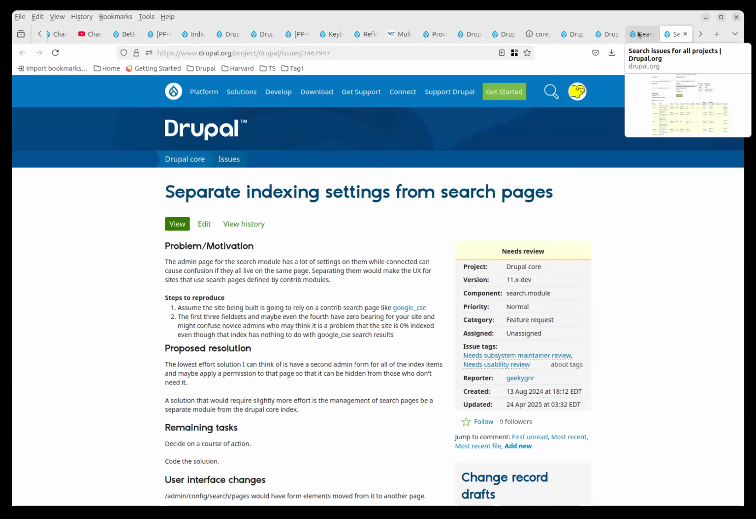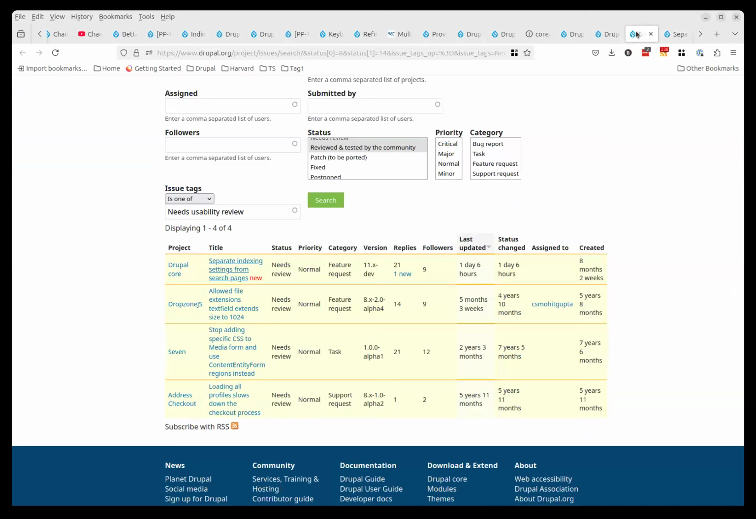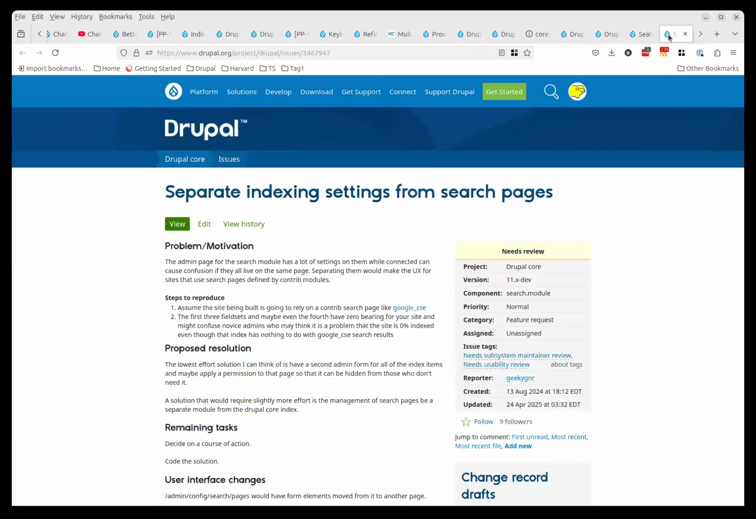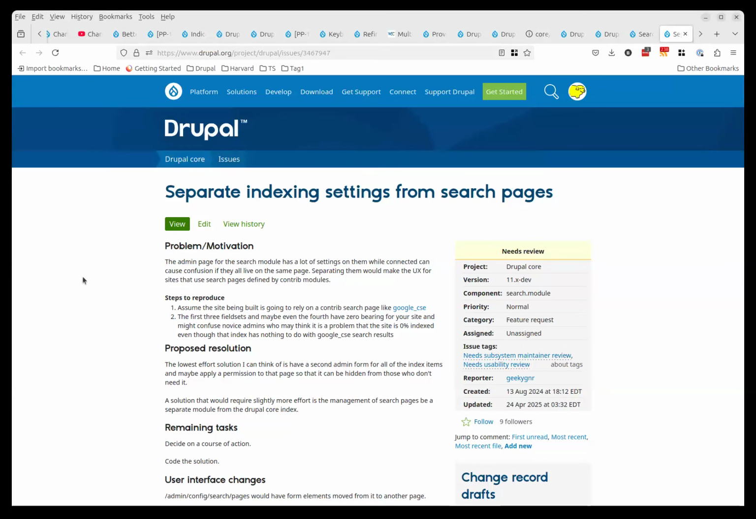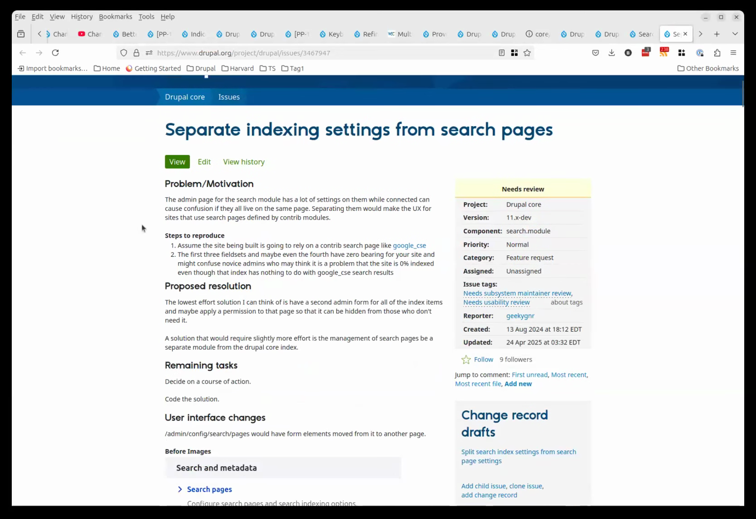So I just looked at the issue queue of issues tagged with needs usability review that are either needs review or RTBC. There's only one for Drupal core that needs review. The issue number is 3467947, Separate indexing settings from search pages. So I haven't looked at this before. But